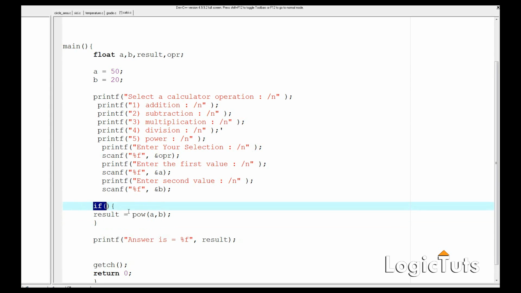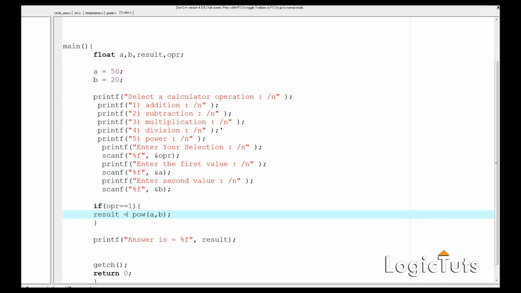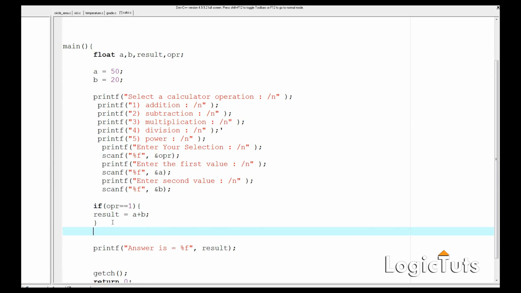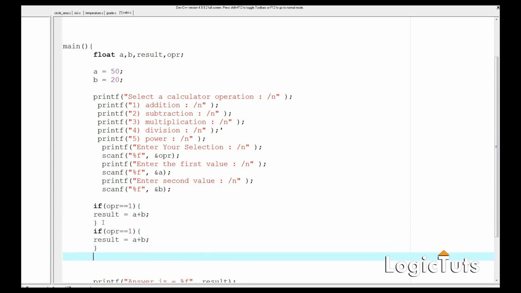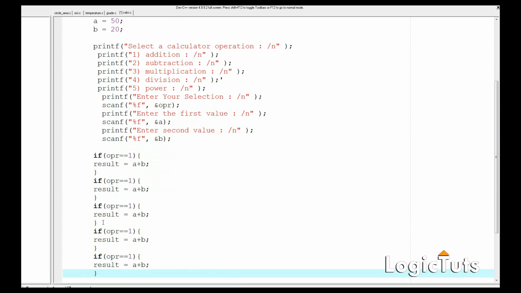Okay, if there's some condition, so if OPR equals 1, then do this, and that is result equals a plus b. Okay, let's leave it like this. We don't need to print it here. And then we are going to copy this command 5 times, for 2, 3, 4, 5. Okay, if the OPR is 2, OPR is 3, operation is 4, and operation is 5,